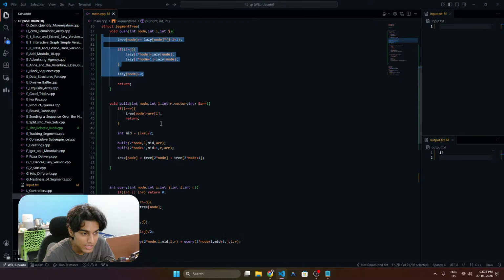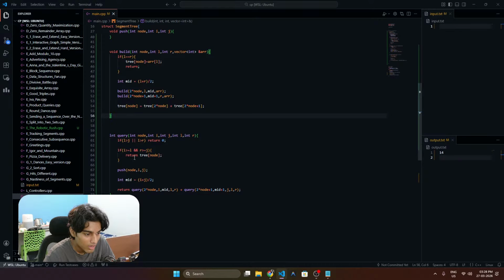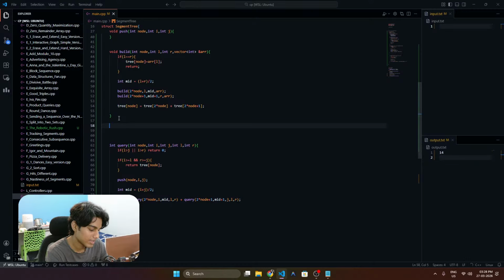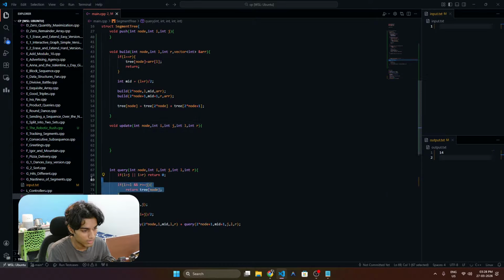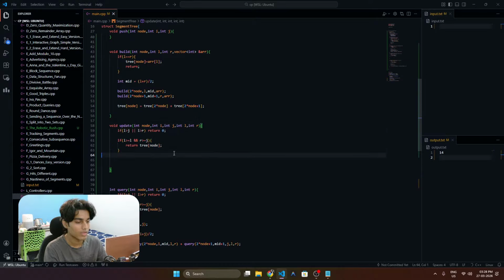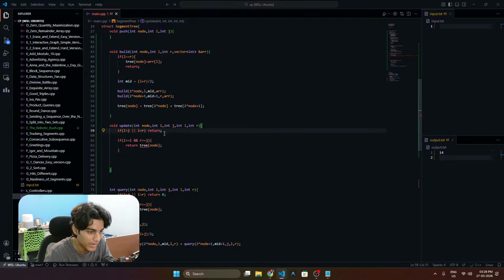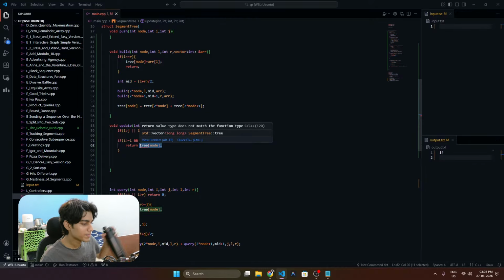I think we're good with lazy updates. While we are building this tree, we are good. Let's update the tree. So we are going to be taking the same thing. So what do we want? If this is out of range, just return. No updates required. And if it is completely inside, then what we do, because we are pushing addition updates,